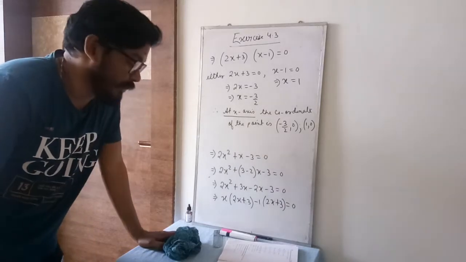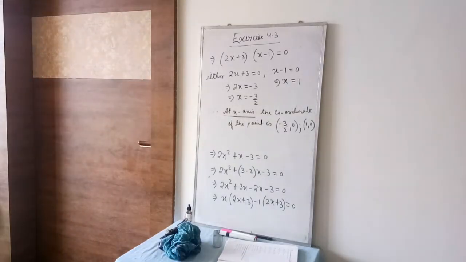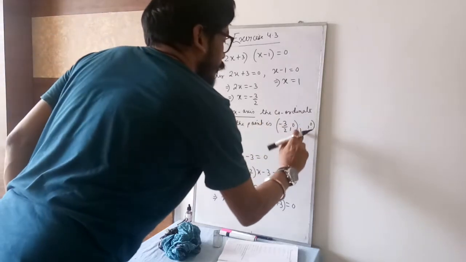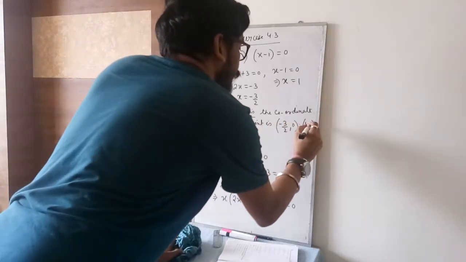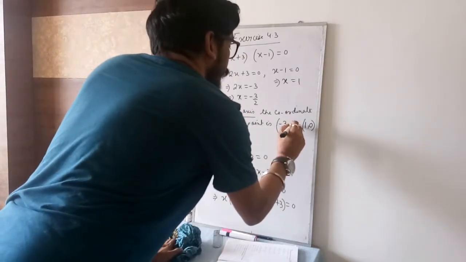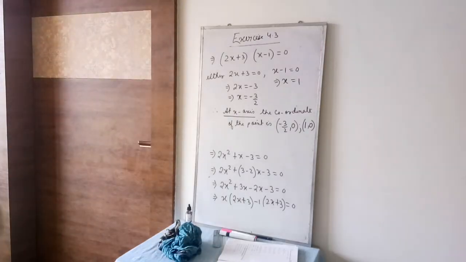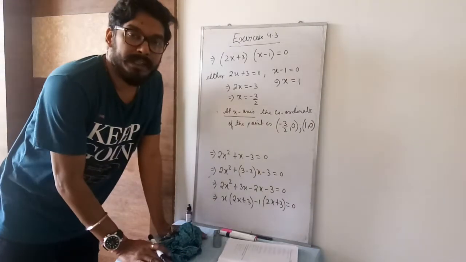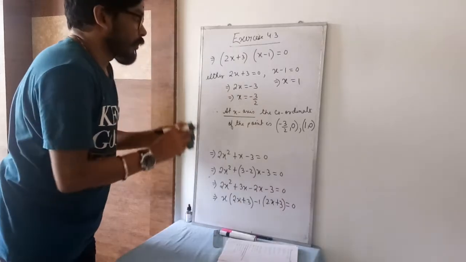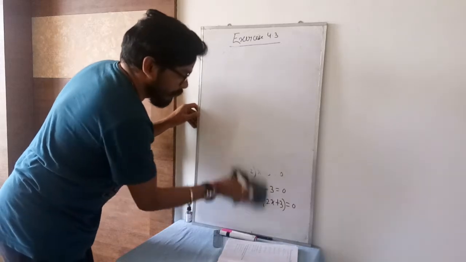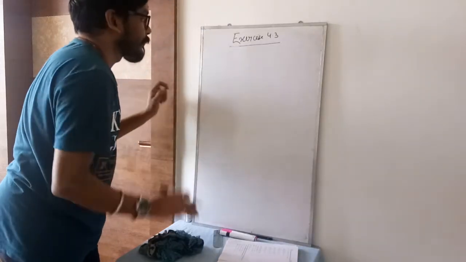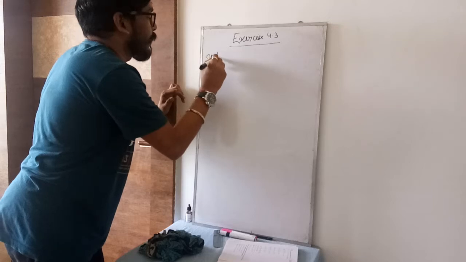Now we will find out for y-axis. So take the screenshot. It is 1 comma 0. Okay, 1 comma 0. Take the screenshot. So I repeat again, to find the coordinate of the point at x-axis, you will put y value 0. So this is all about x-axis. Now I have to find out for y-axis. Second part, okay? Like you can mention here, second part.